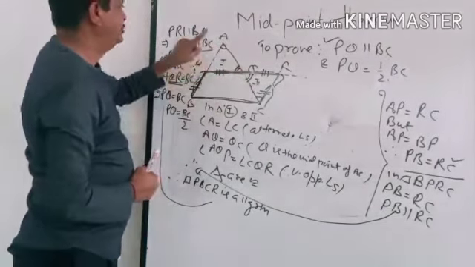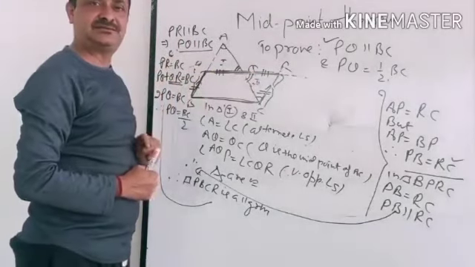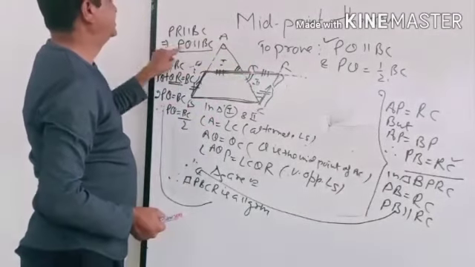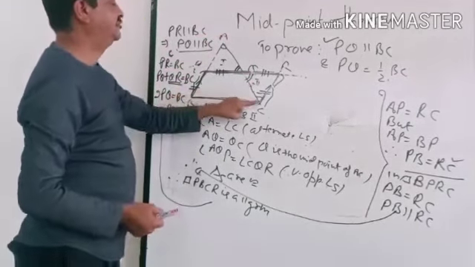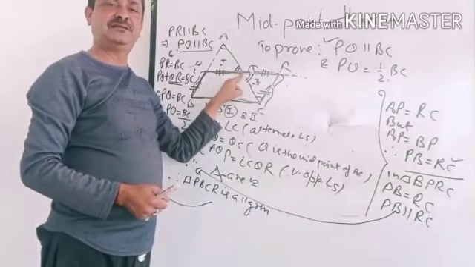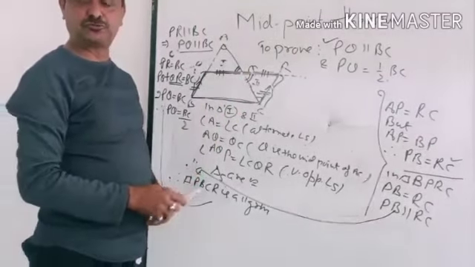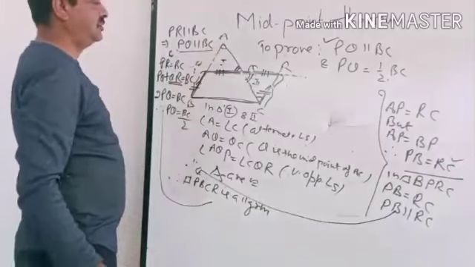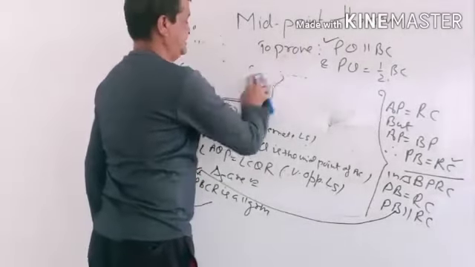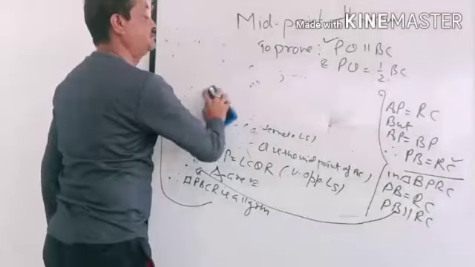proven, you are revising the congruency of triangles, their results, and getting one more important result which will be applied when the midpoints are joined of any triangle. Clear? So this is the first part. Its converse is also true. The converse of the midpoint theorem is also true. I will just tell it. You can understand it with the help of your notebook where it is proven.